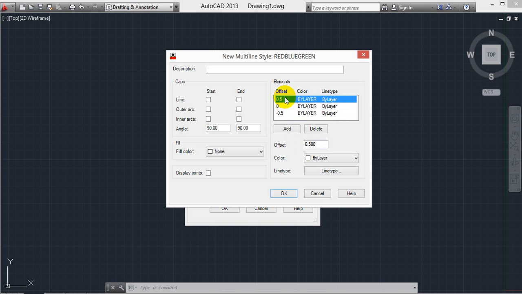In the multi-line we have three separate chambers. In these three, the first one will be offset, which means the distance between the first multi-line to the second multi-line and the second multi-line to the third multi-line. Previously we did it in scale. Scale means the distance between the first line and the second line, not length, the distance of separation between the first line and the second line. Here the first one will be offset, the second one will be color, the third one will be line type. See, these three options we have here in inputs.